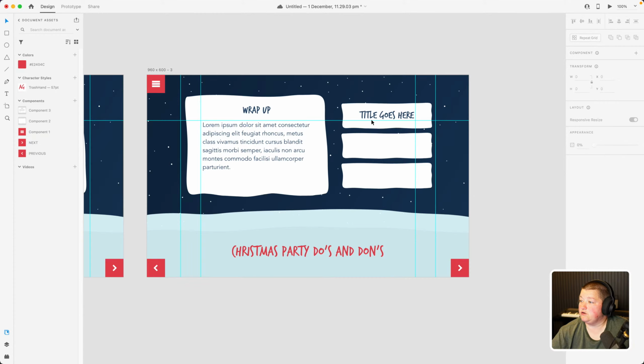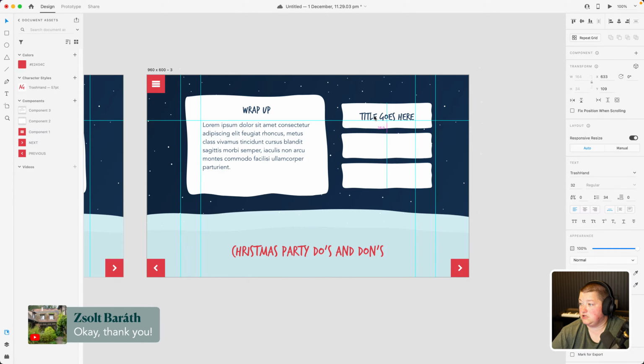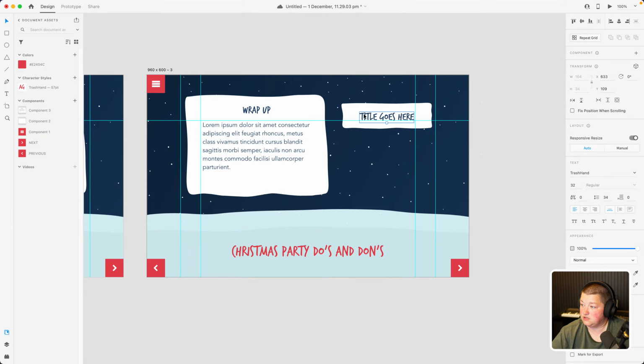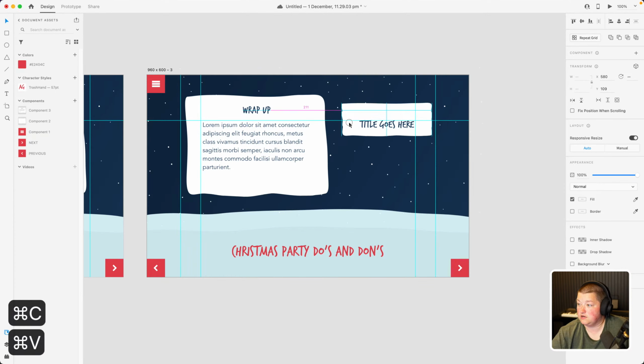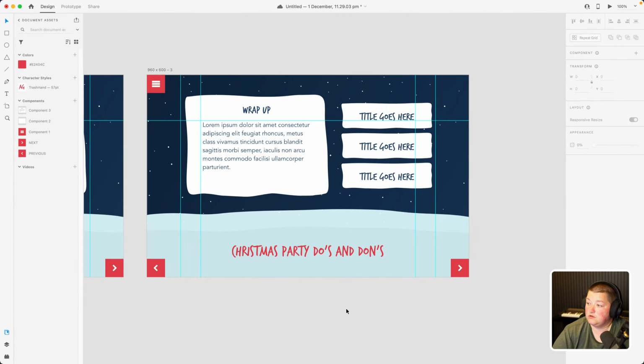But this was really all about just showing you guys how to take some different assets and how you can make your own graphical user interface. And you know, I could even, actually, I'm just going to duplicate this whole thing so I don't have to do it twice. Yeah, and what's nice is you can basically,